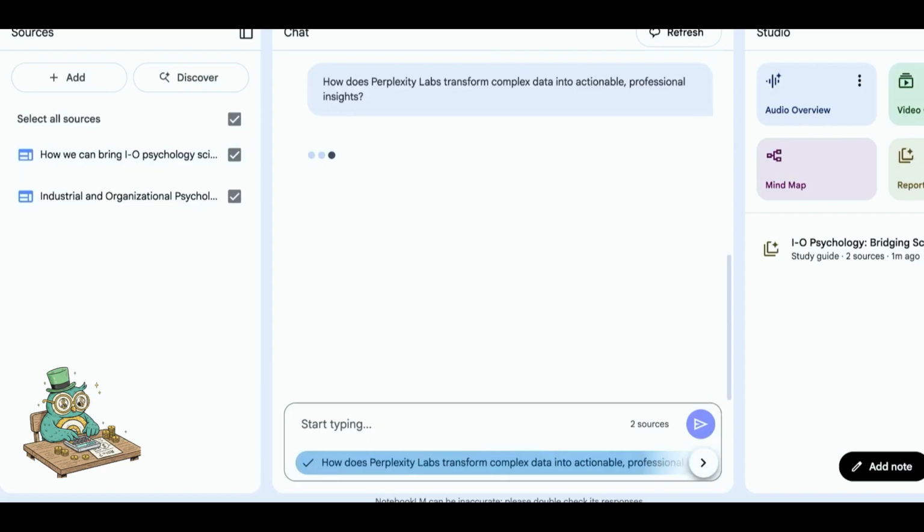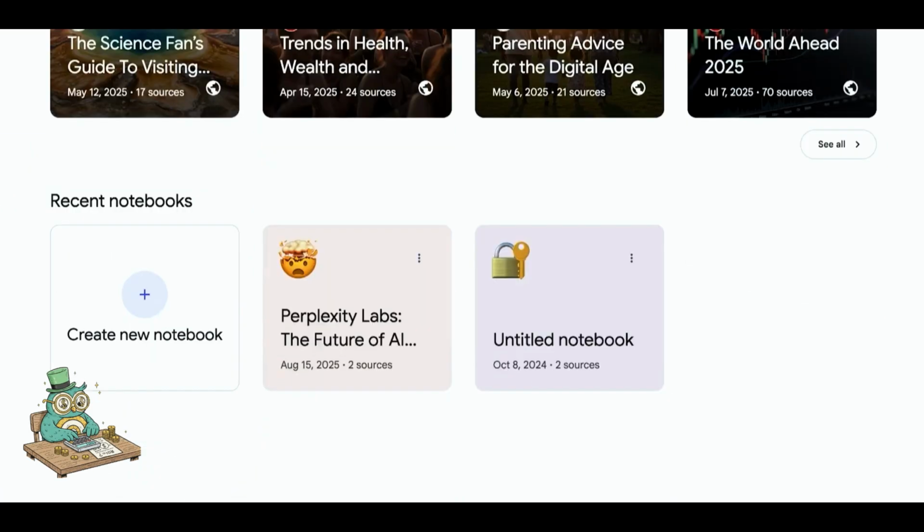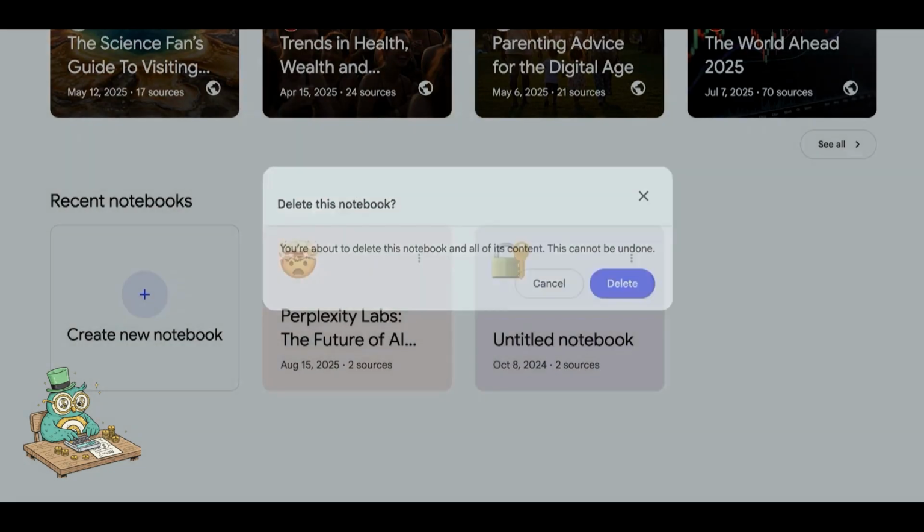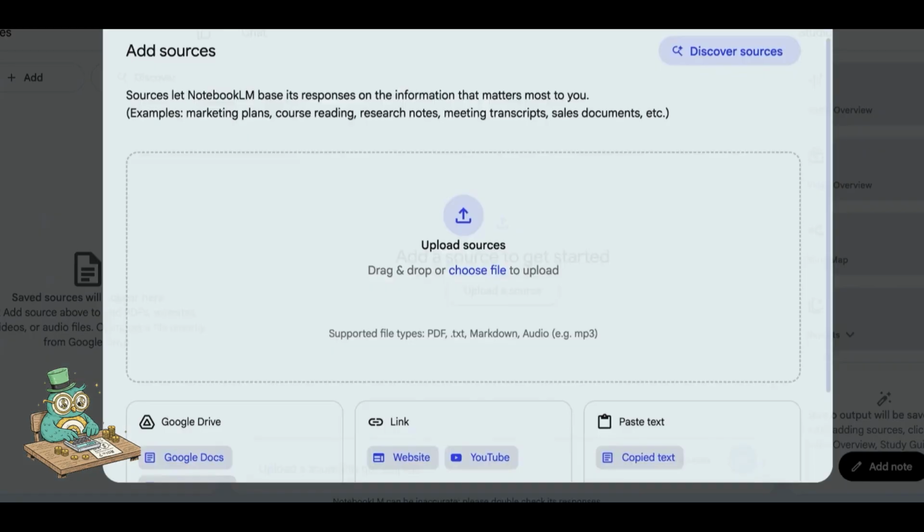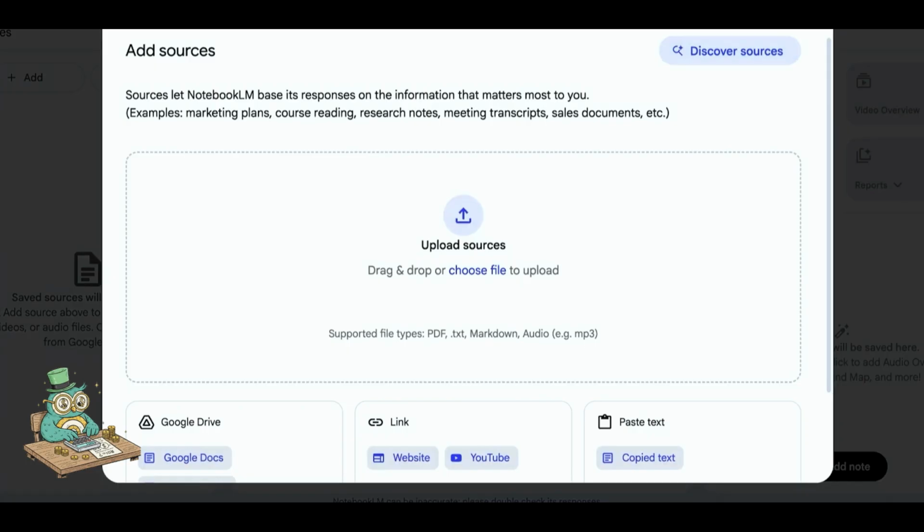Now, this is just one notebook. This can be on one topic or it can be on multiple different topics. That's up to you. If any notebook is not relevant to you, you can delete it as well and then just proceed. And if you're someone that has no idea where to get started with their research, you can click